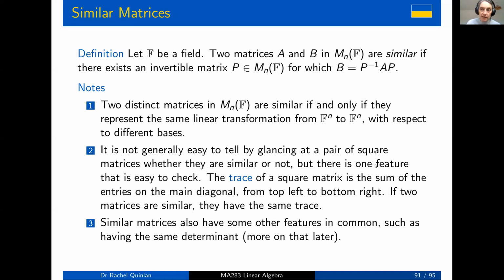If they have the same trace, it's not enough to make them similar, but it is one property that they would have to have in common in order to be similar. There are others, including the determinant, but we haven't talked much yet about the determinant. We are going to do so a bit later. So for example, similar matrices also have to have the same determinant, and we'll talk about that a bit more later. But just while we're on the subject, maybe I'll say a word or two about why